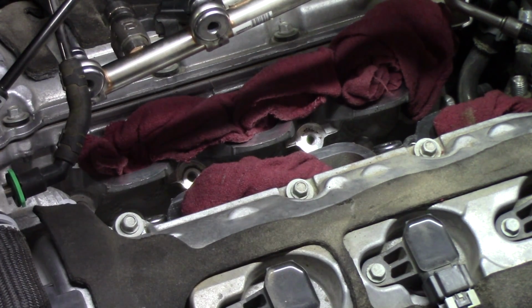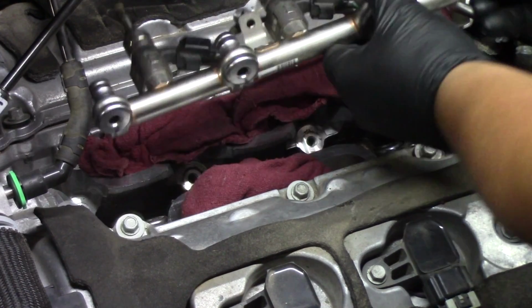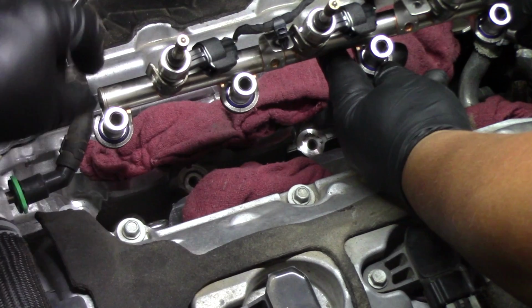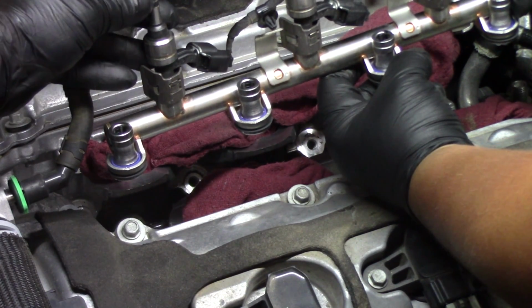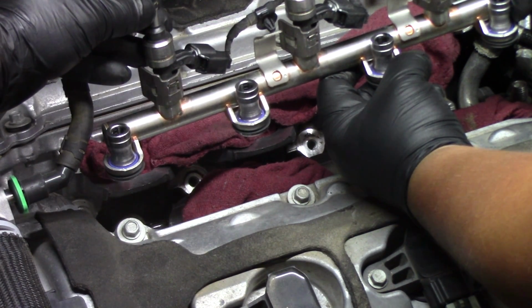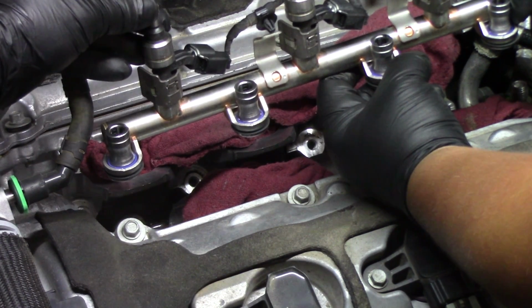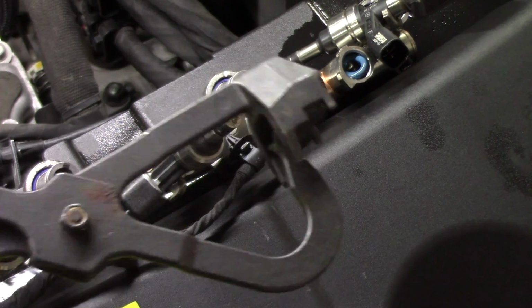Now, one thing I do want to mention, if we spin this all the way over with the injectors facing at the top, if you were just going to replace the seals on this injector, you will still need a specialty tool to put the new seals on and get them mated to the grooves that they go in. And we do have an additional video that shows how that process is done. And now, using a combination of another specialty tool